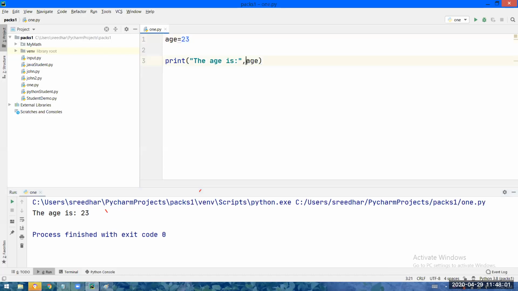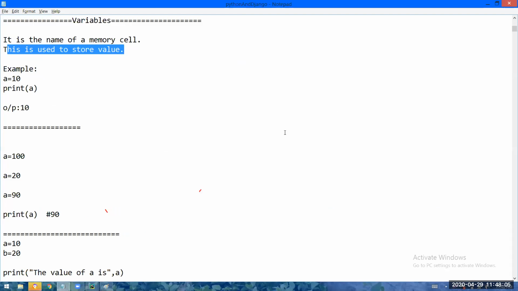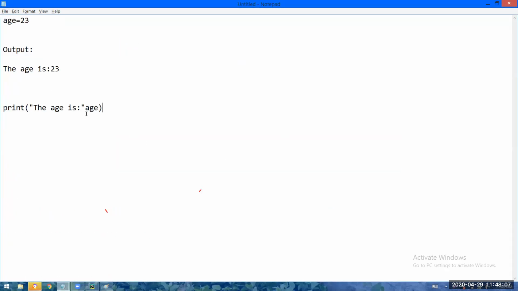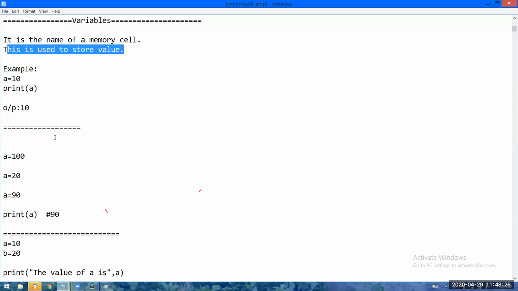But what is the story of this comma? Why should we put a comma? Let us see. See, comma is called as what? Comma means concatenation. Concatenation symbol. Concatenating means what? Combining. See, you are combining two things in one line.